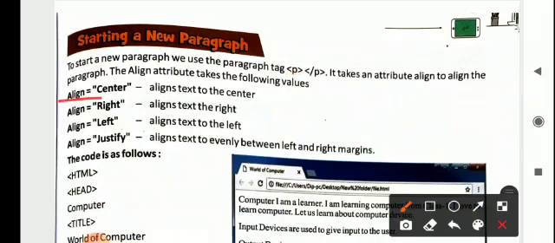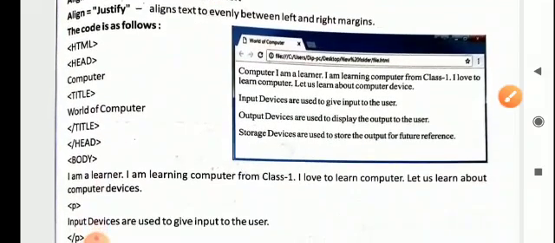The spelling should be CENTER, and this aligns the text to the center. As you already know, right will align it to the right, left will align to the left, and justify will align the text evenly from both the right and left margins.